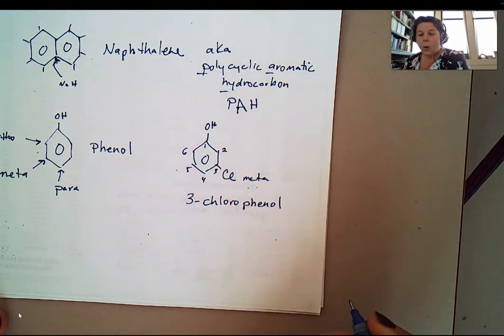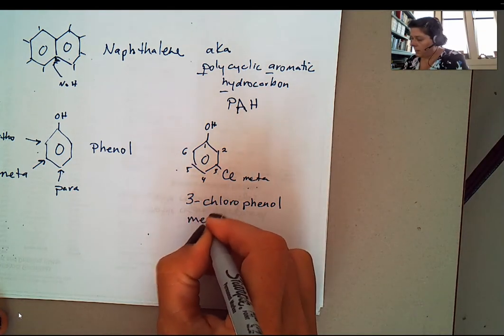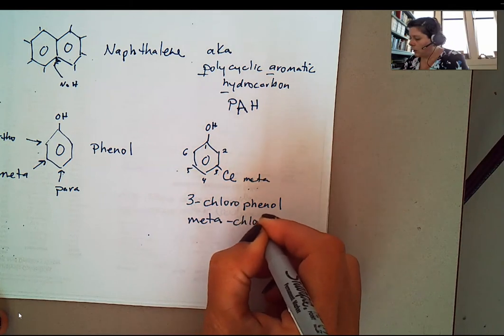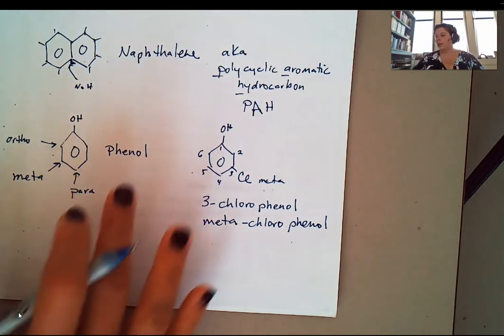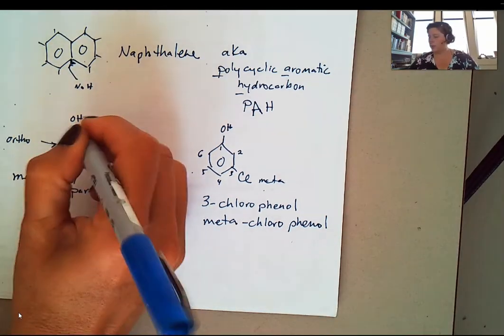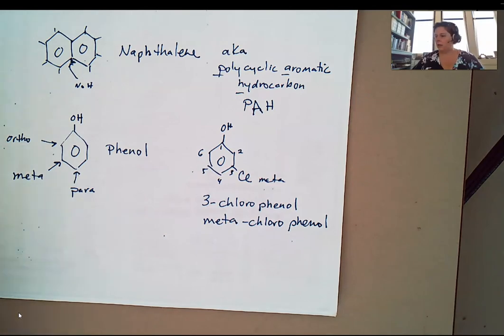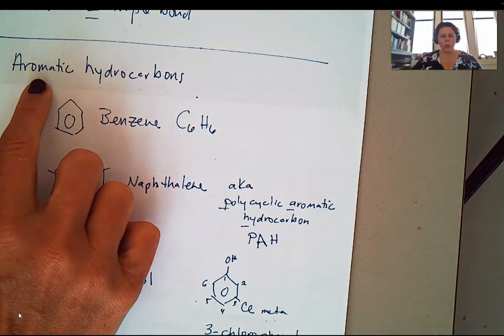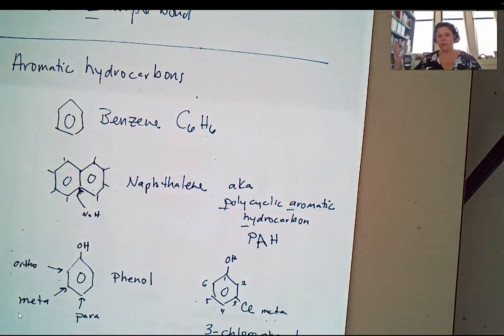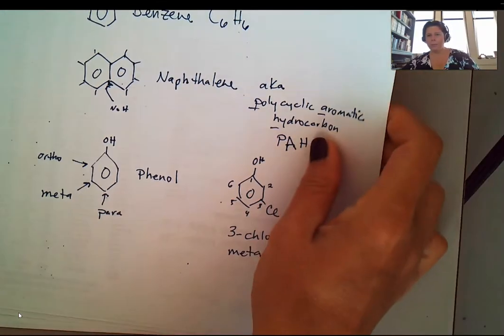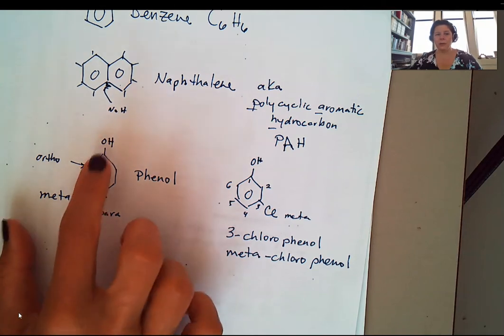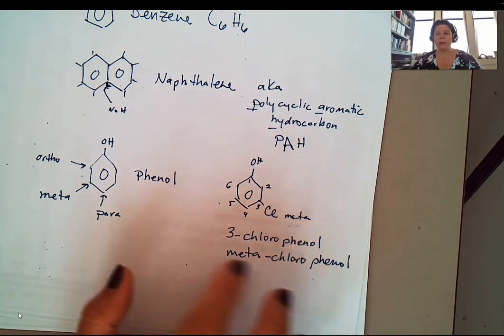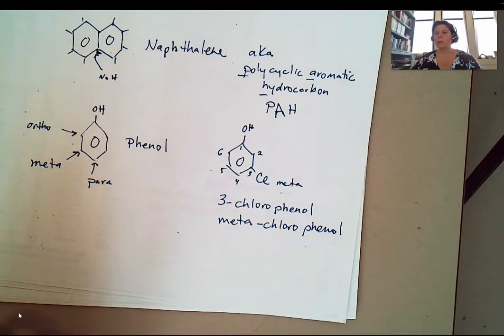3-chlorophenol or metachlorophenol. Okay, so it's either one. So phenol, you have to memorize, has an OH group on it. Again, phenol and benzene, because these are old compounds from aromatics and people were investigating them, they came up with names for them. Even though this has an OH group, this could probably be benzyl alcohol or something like that. This is phenol, so just keep that in mind. So this is either 3-chlorophenol or metachlorophenol. Both of them are correct.